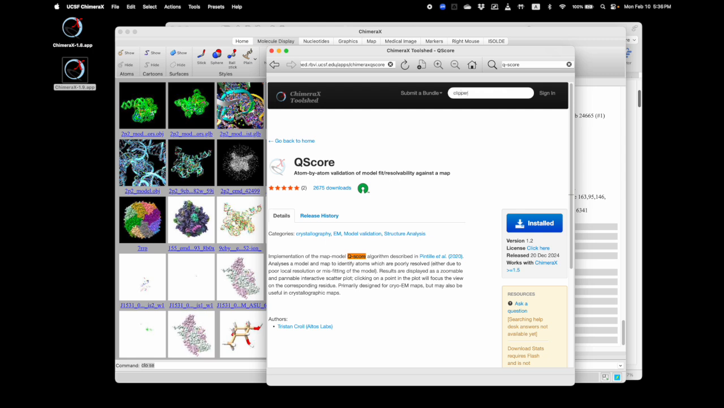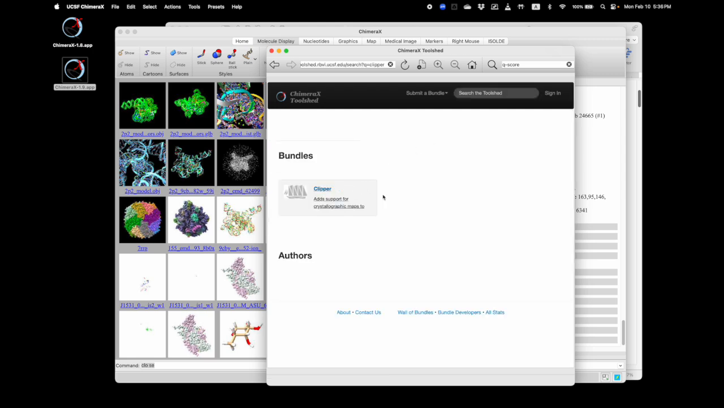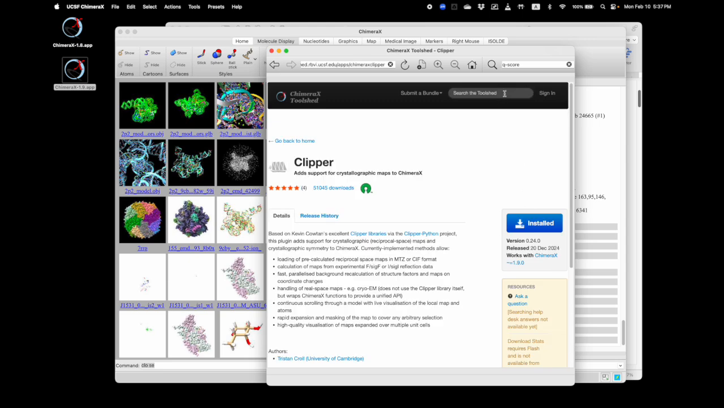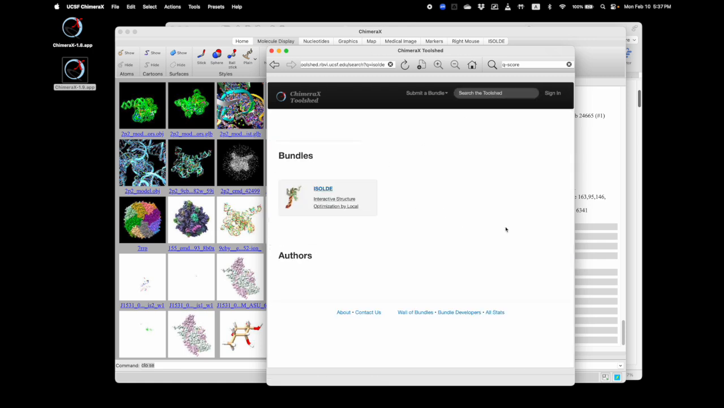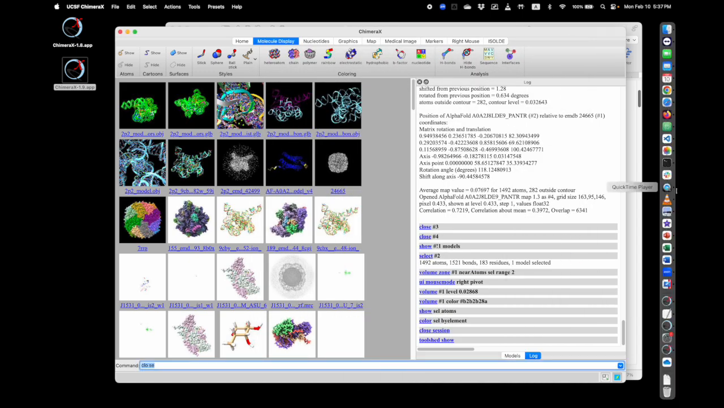Next, I will search for Clipper. The same button will appear. And then also for ISOLDE. Okay, once these are installed,